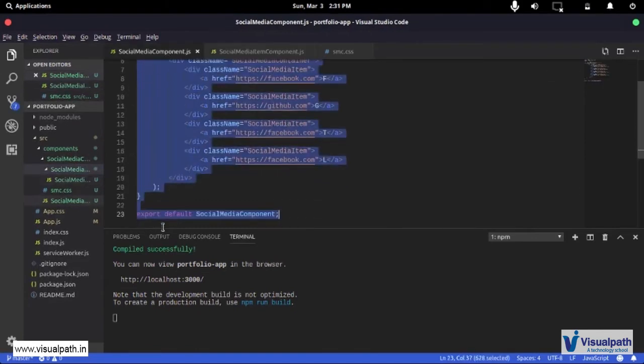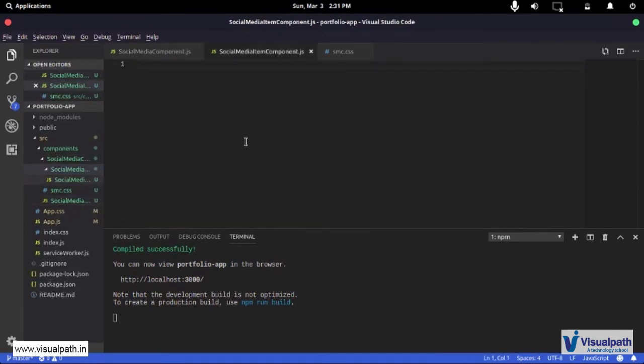I'm going to copy this and remove the bits that I don't need, so Control A, copy everything, and I'm going to go ahead and paste it.